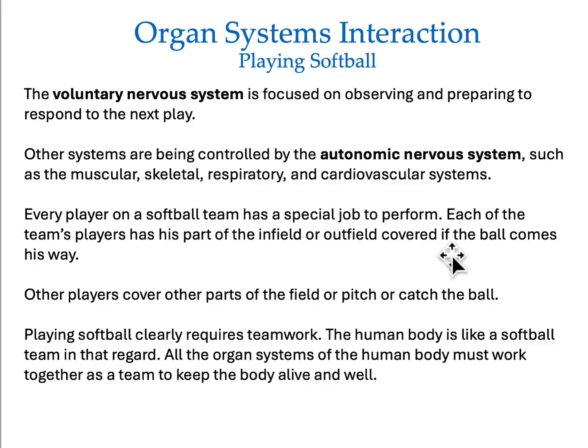Organ systems interaction, playing softball. The voluntary nervous system is focused on observing and preparing to respond to the next play. Other systems being controlled by the autonomic nervous system while playing softball, such as the muscular, skeletal, respiratory, and cardiovascular systems, are certainly doing their part. So, obviously muscular and skeletal, respiratory, yes, increasing heart rate, cardiovascular, increasing heart rate, and it works like a team